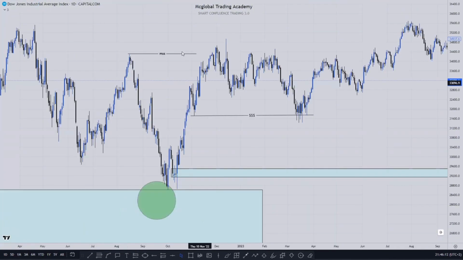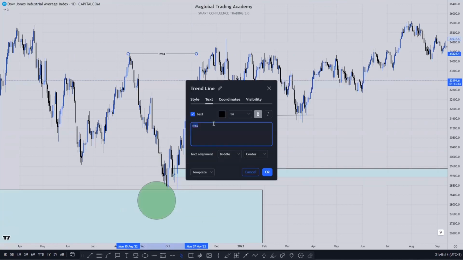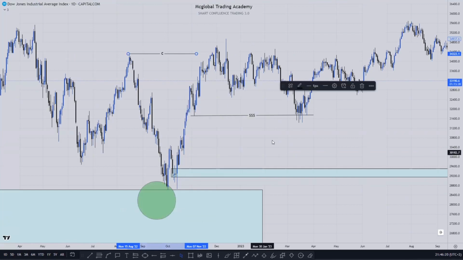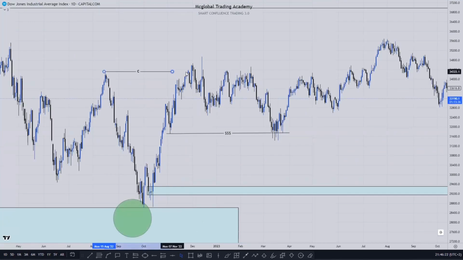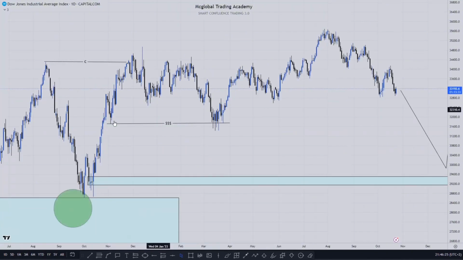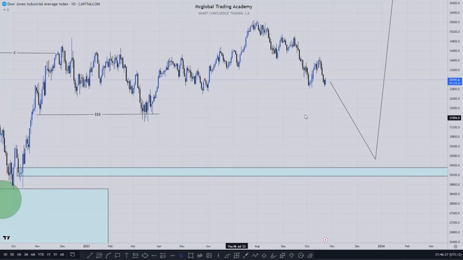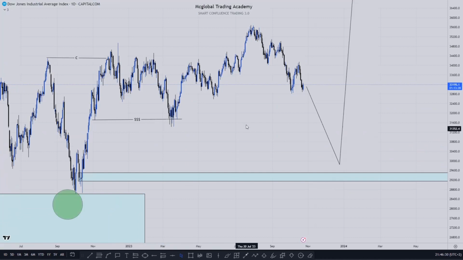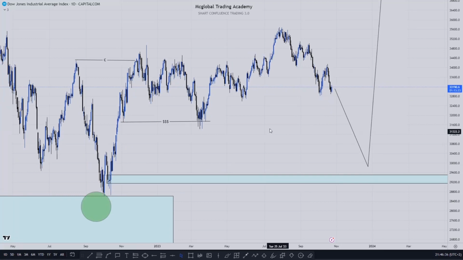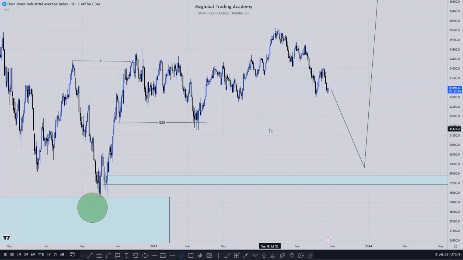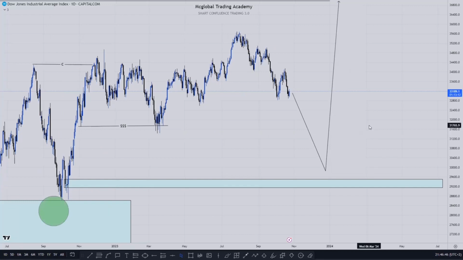So after that market structure shift or change of character, whatever you want to call it, this major change of character, after this, they generated liquidity, and that liquidity is bound to still be collected, right? So now the next important aspect of whatever is happening is for the market to come and take out this. But for them to come and take out that, they can't just do that. They need to